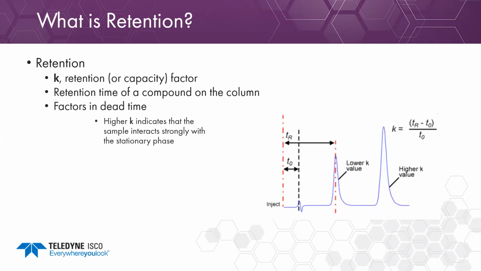A higher k value indicates that the sample interacts strongly with the stationary phase. So for k values above 20, the compound's really just sitting at the head of the column. It's not really eluting at all. It's just sitting at the top of the column, not moving down. And as we get to k values between 1 and 10, now that compound starts to elute down the column,